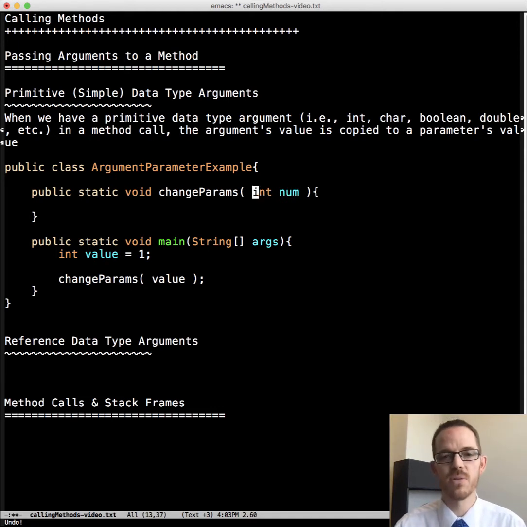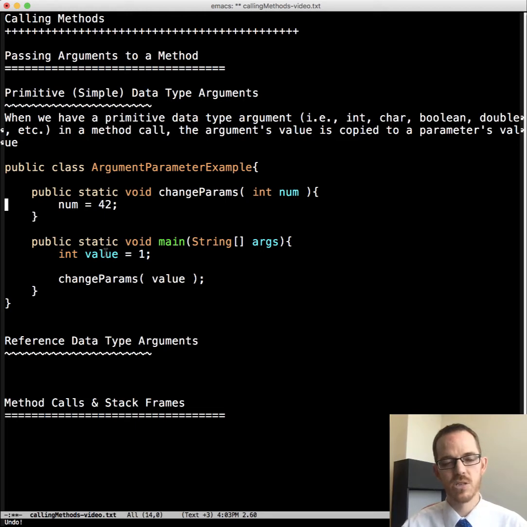I've named them differently so we could talk about them very clearly. So it's going to copy 1 into num, making a copy of that. If we did something like num equals 42 here, it has changed the value of num, but it has not changed the value of value.